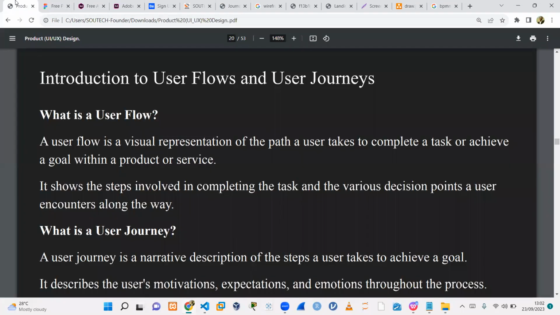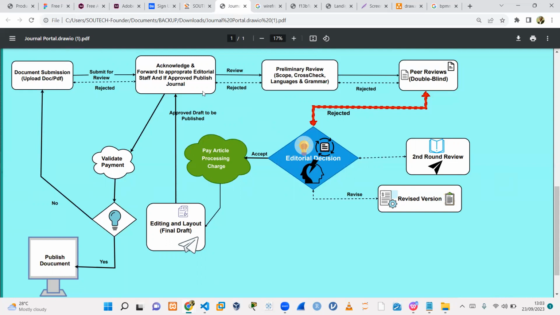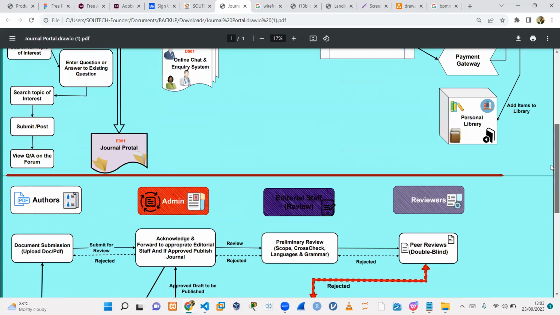But understand that it starts with understanding the visual representation of what actions the users are going to take to achieve a goal. It shows the steps involved in completing the task. I just explained to you, right? If I want to take, for instance, if I want to,